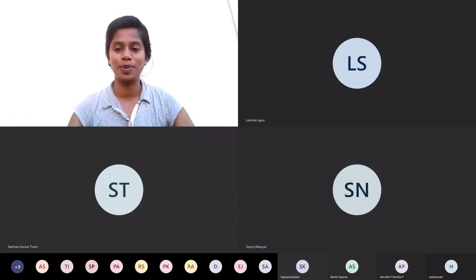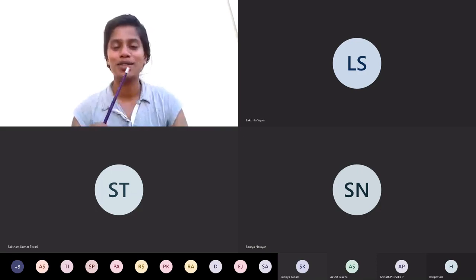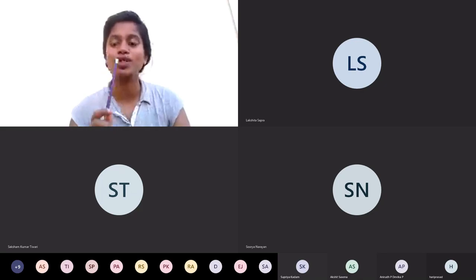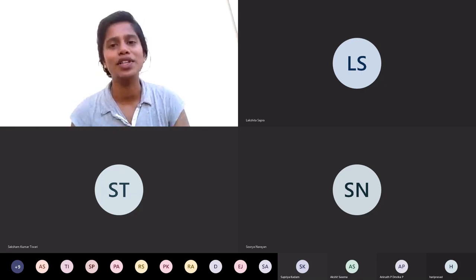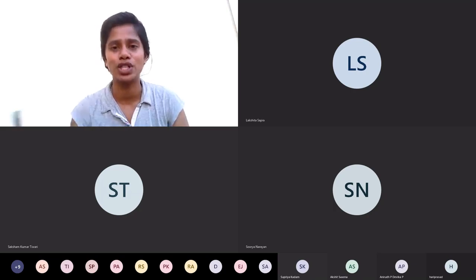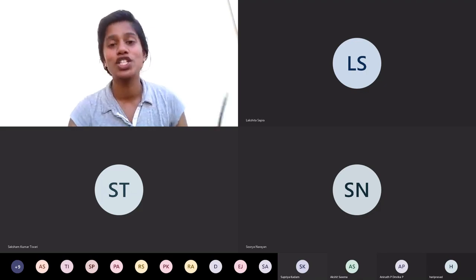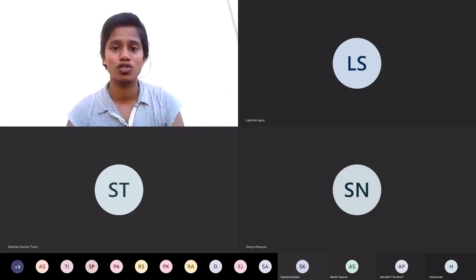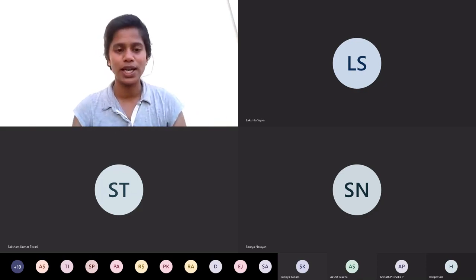People who have not finished Scratch, please do not jump onto the construct. It is a strict request from all of you that you should not jump onto the construct. There are hardly 4 to 5 videos in the Scratch. Go ahead, enjoy all those Scratch videos. Develop one good game in Scratch, share it with me, and then you can go ahead with your construct. Okay, so this is for today's session.